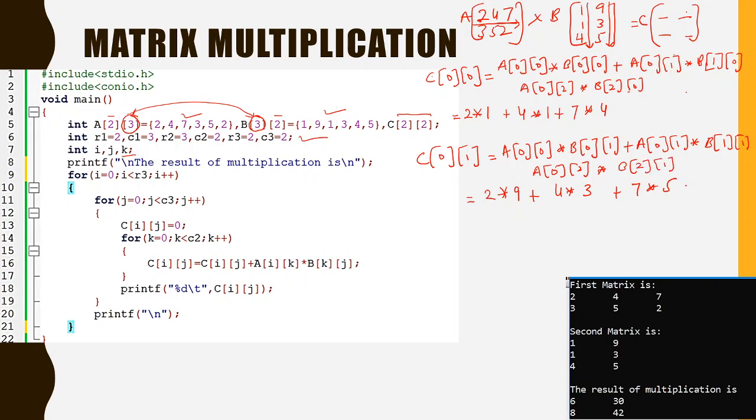Okay, so you can see here mapping these two,